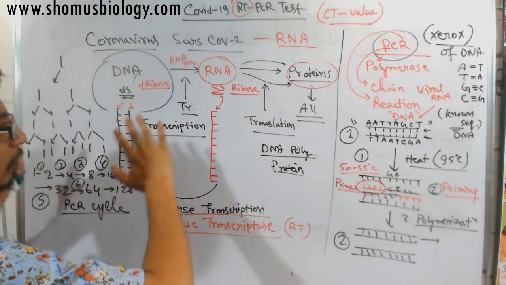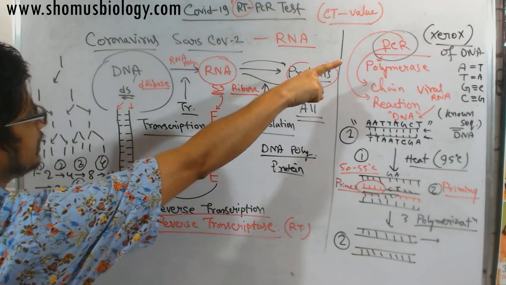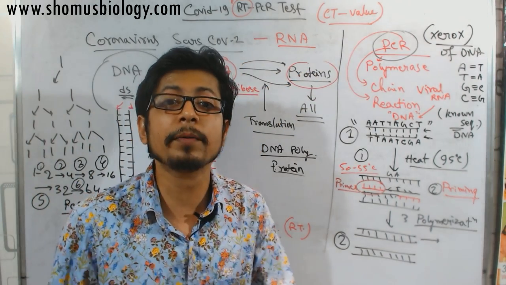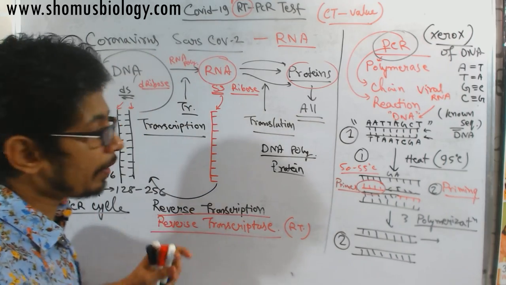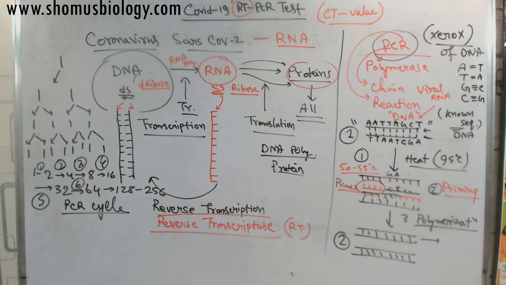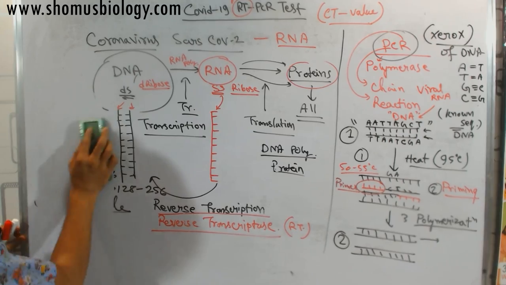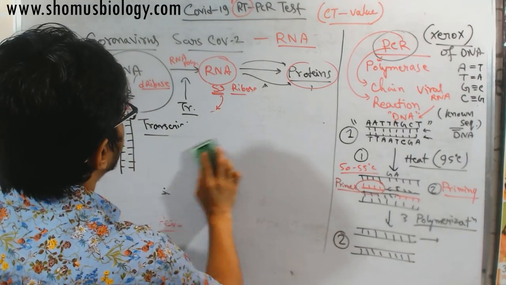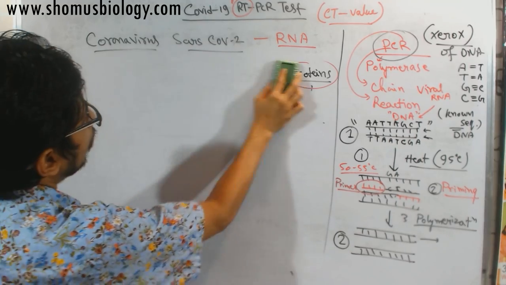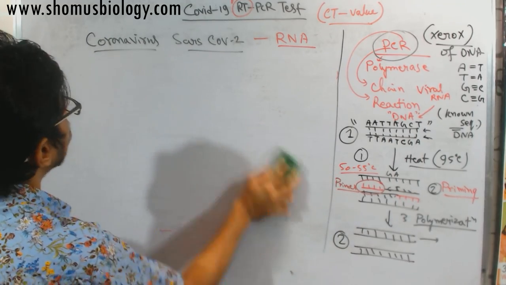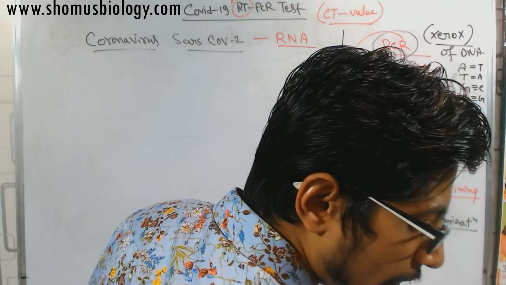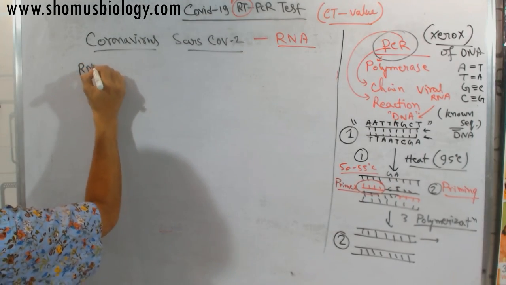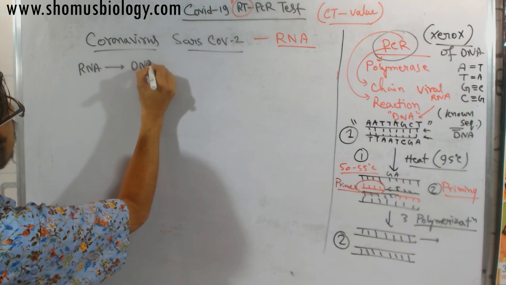Now I have told you an overall idea about PCR. I told you what the CT value is and how we measure it, why the CT value is important, and where we cannot rely on it. Now I am going to talk about the exact mechanism of RT-PCR. As I told you earlier, the RT-PCR process is a real-time mode of detecting the amplification of the DNA. First convert the RNA into DNA, and then copy the DNA into multiple forms. The very first step is conversion of RNA into DNA, and then the DNA is